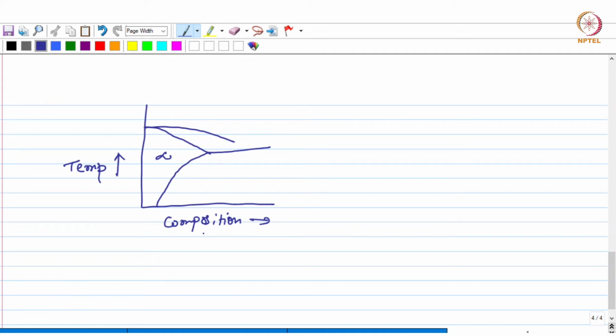So this composition is in terms of weight percent B, where B is the alloying element, which can be any of these that we talked about, these elements which give rise to the precipitation hardening, such as copper, zinc, magnesium and silicon, and lithium. Okay. So in case of aluminium copper, if you talk about this particular alloy, then alpha is a